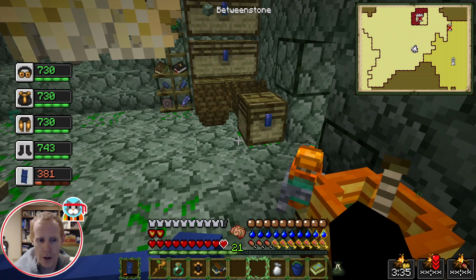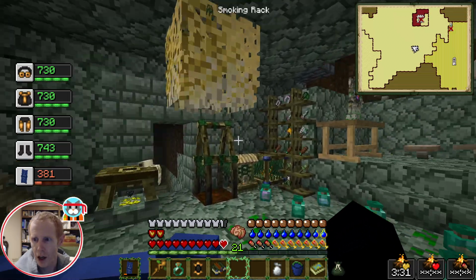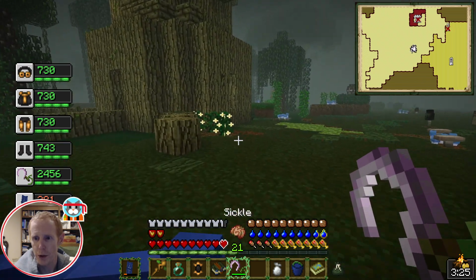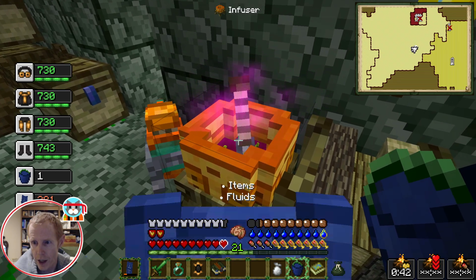All right, with all that aside, I need to get some swamp kelp. So I'm going to go gather that up, and I'll be back when we're ready to brew. All right, so I got my...